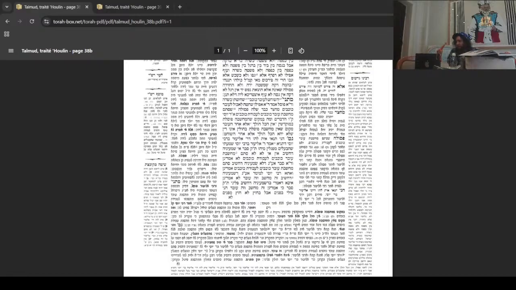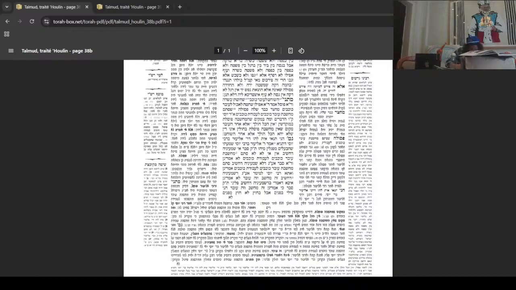So we're assuming that it's zivchei meisim. So if he did the shechita for the idolatry, of course, assur. It's zivchei meisim, sacrificing the dead. But what if he did the shechita fine, no bad intention? He didn't do the shechita l'shma, but he did the throwing of the blood not l'shma. Is it kosher or passul? Is it considered zivchei meisim or not? Or is it passul for a different reason?